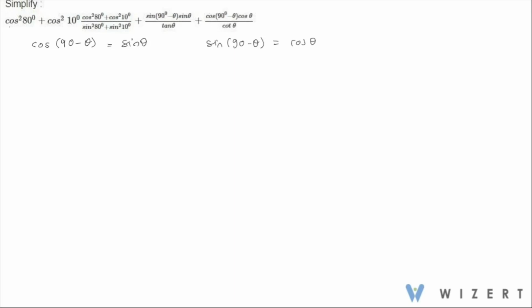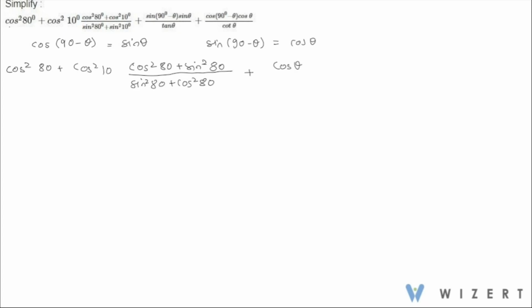let's look at the second term. We have cos square 80 plus cos square 10 into cos square 80 plus cos square 10. So we can write this as cos square 80 plus sin square 80. And in the denominator it's going to be sin square 80 plus cos square 80